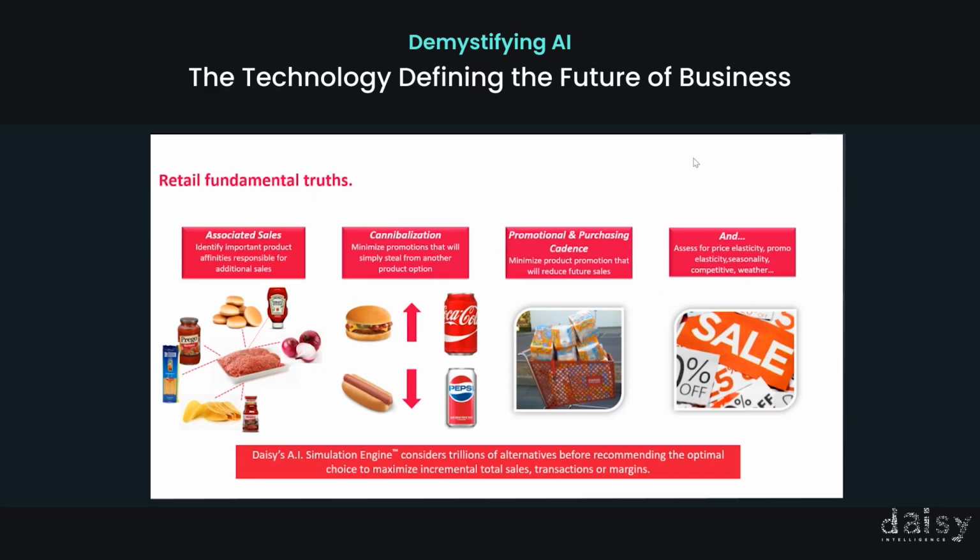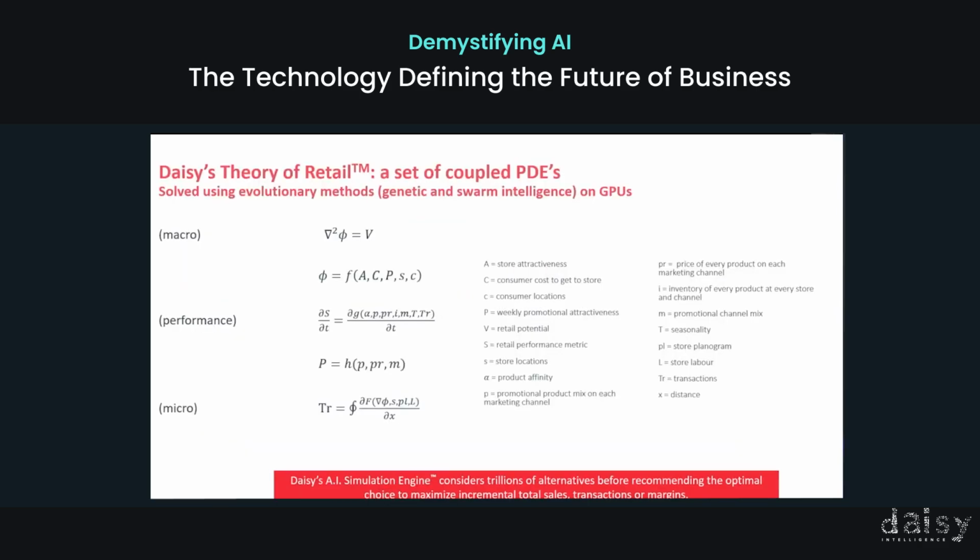And then how your store is laid out, how efficient your website, your web store is laid out, that impacts the transacting, and then all of these interactive effects. So that's the dynamics of retail, and we can assemble that into a set of differential equations that capture that. And so these would be the differential equations we see here.